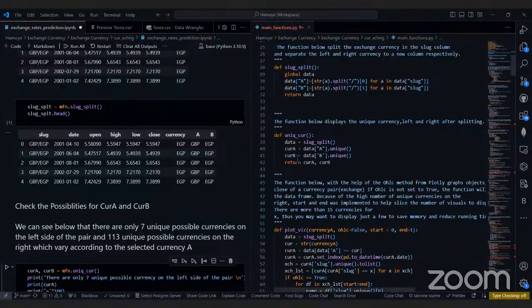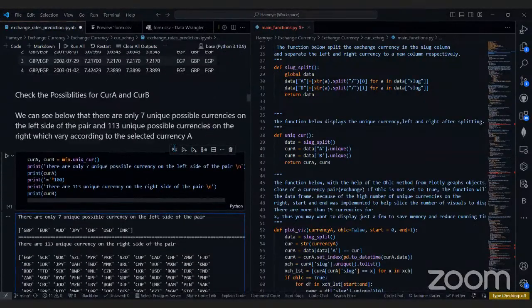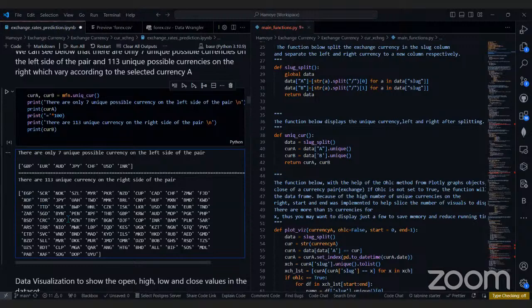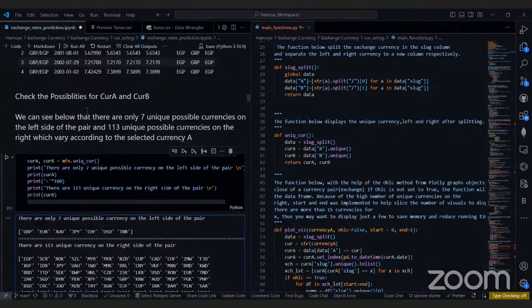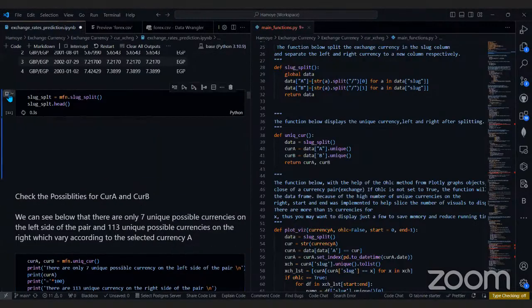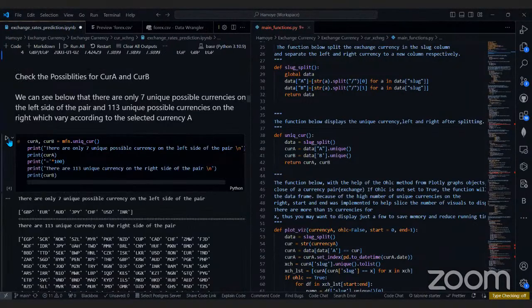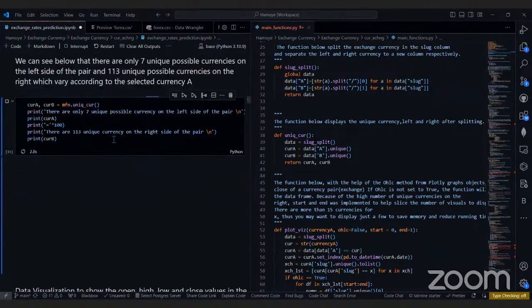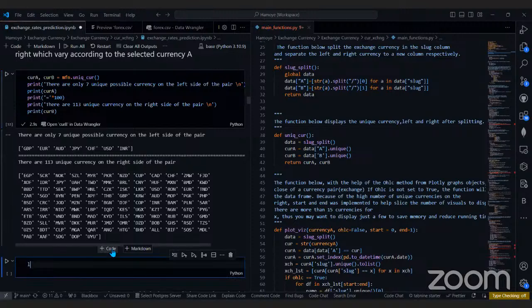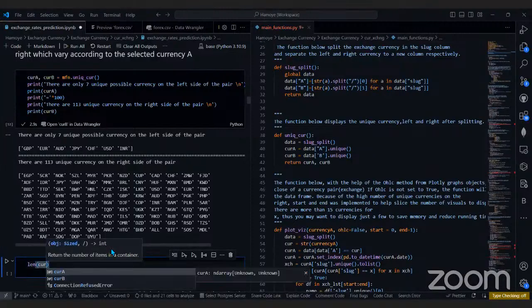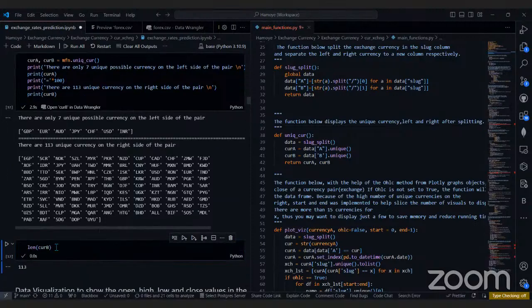These are the base currencies. Then it picks out currency B, which is this column. After it must have split it, right? It returns the unique values, and that was how we got to this 113. So if you count this, or you can probably do length of currency B. Let me run this. Did I run this? I did not. Okay, so let me run this. Just in case you want to be counting manually, there's a shortcut you should know by now. You can use the length function on your currency B to return that 113, right?